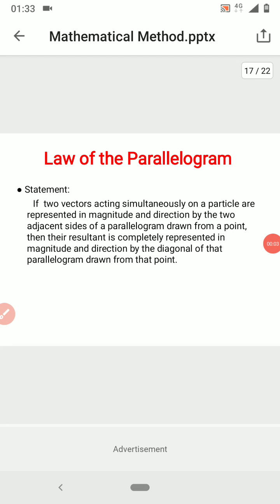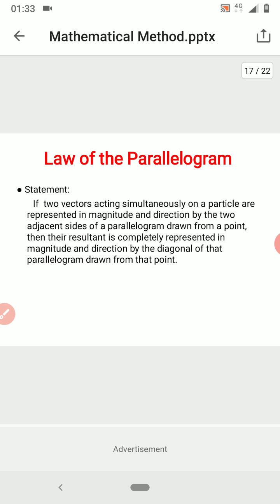The next point is the law of parallelogram of vectors. That law is another geometrical method of addition of vectors. It states that as follows: